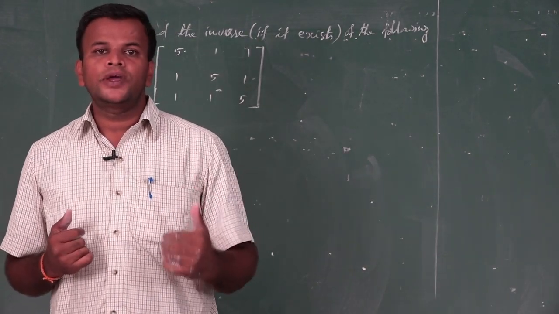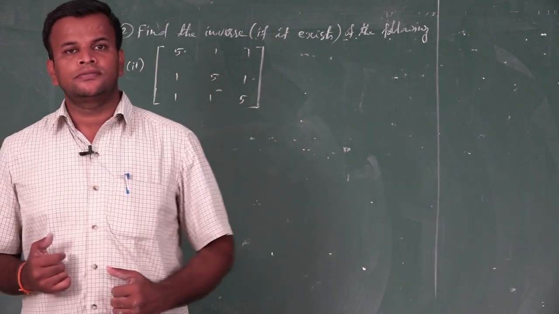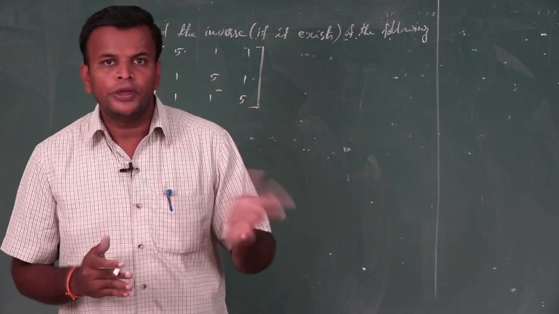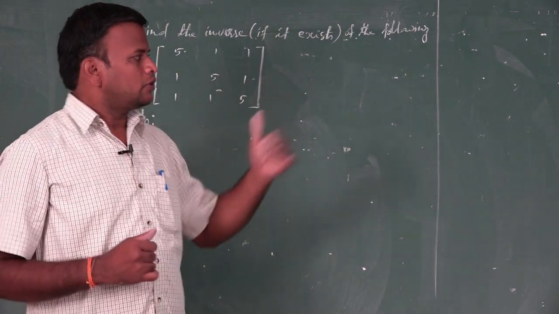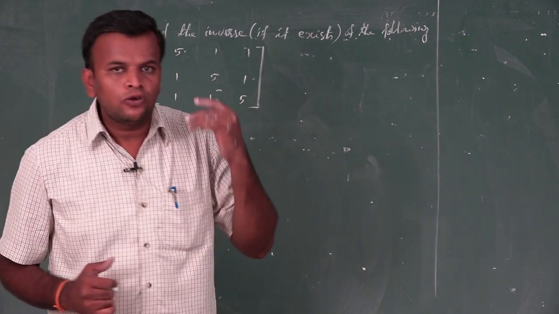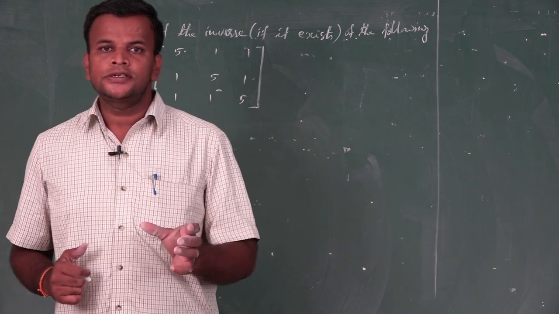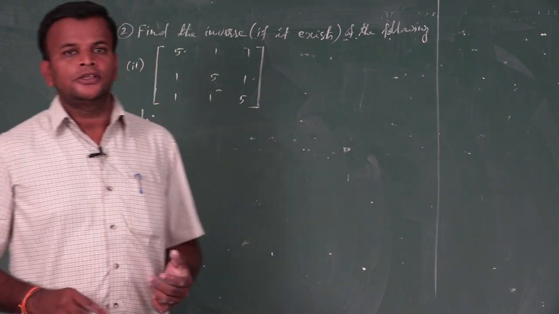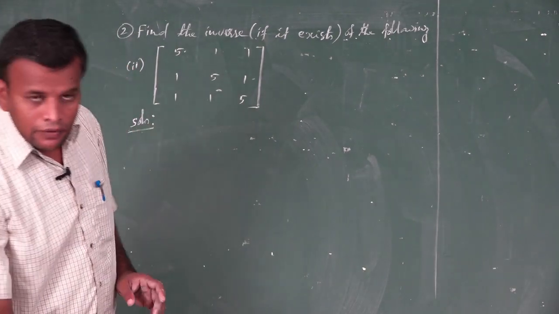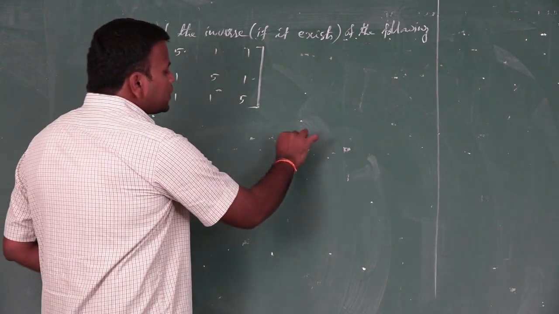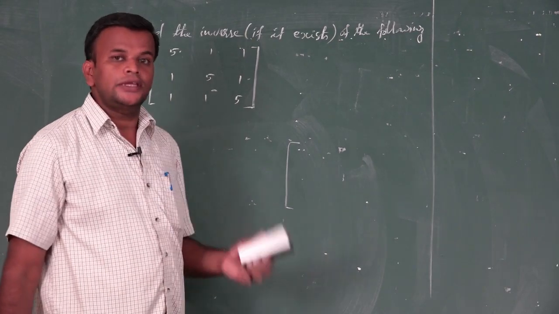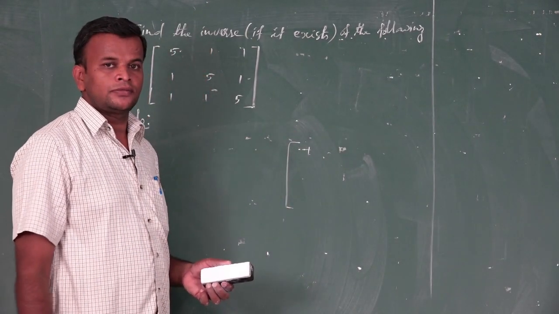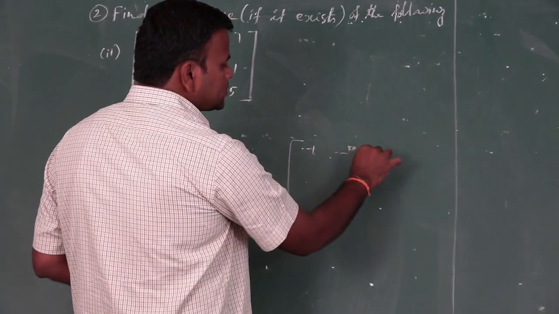How to find the cofactor of a given matrix A? The working rule is the same. In 2 by 2 we do a long process. To find the cofactor, first we need to know the sign of each and every element. Suppose a 3 by 3 matrix is given. The sign of each element in 3 by 3: the first one, we assume, is a plus. Then minus, plus.